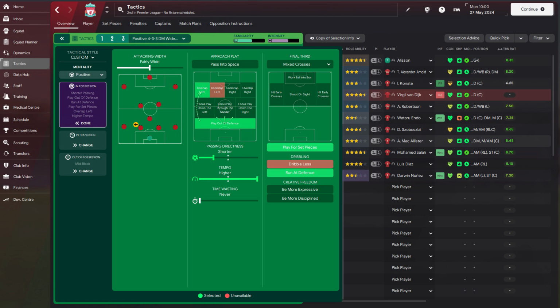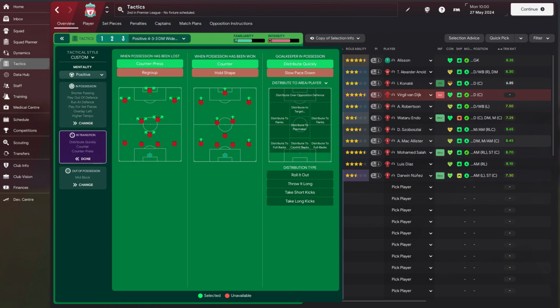As it helps scoring goals, I will also tick the play for set pieces option. Not selecting one of the remaining parts doesn't mean that they are not taken into consideration in the match engine. Not selecting them causes the players to select them when needed, so they will pass into space or walk the ball into the box if the game moment requires it.